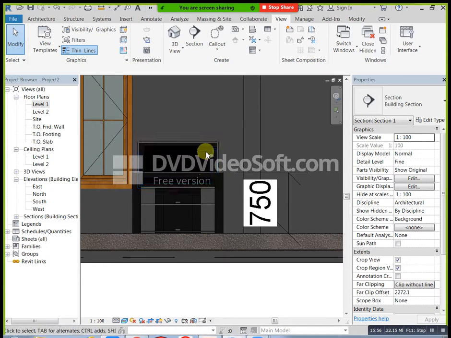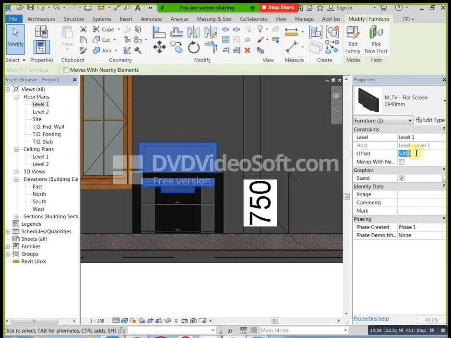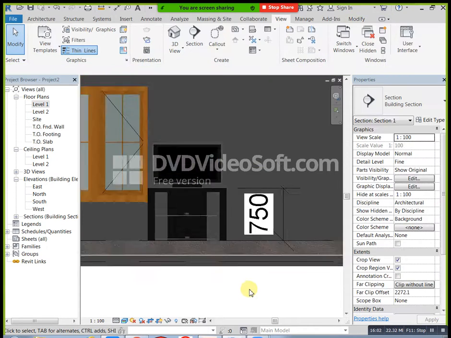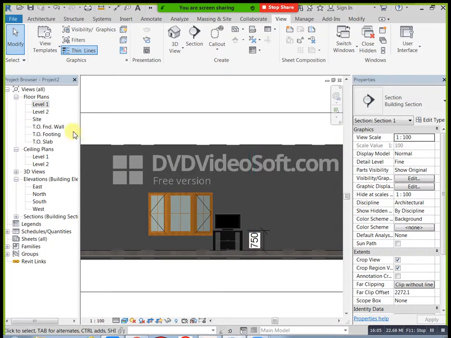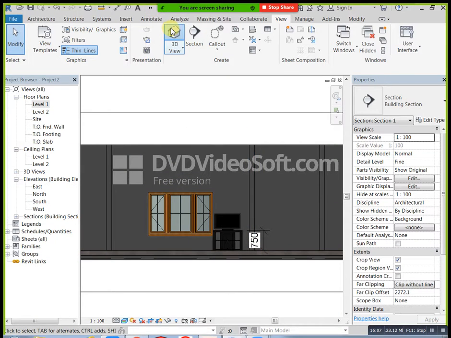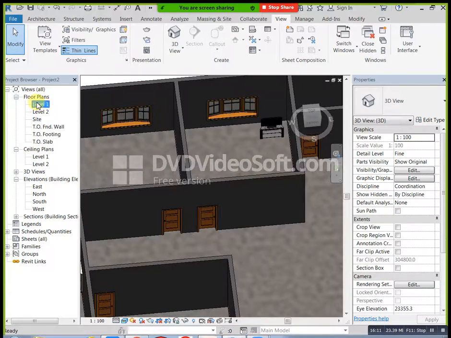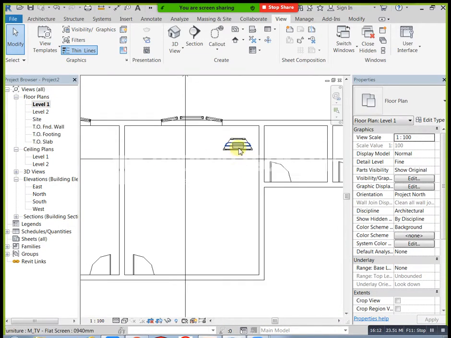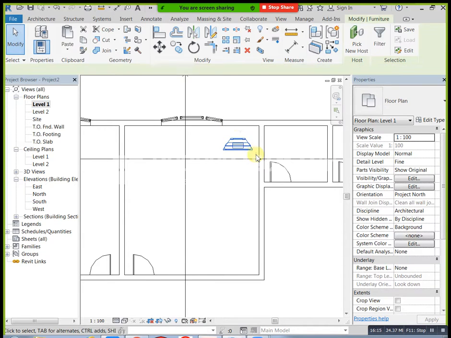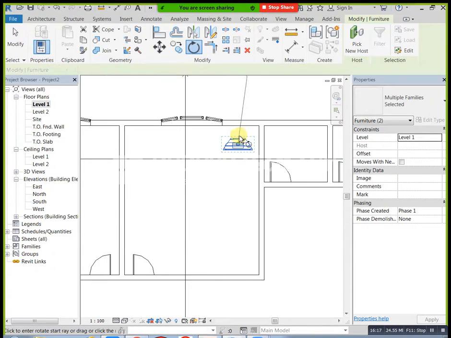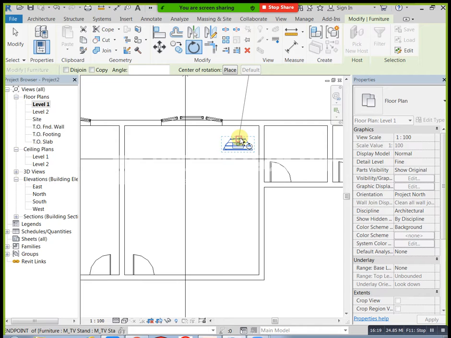Now go to 3D view again. See, now we placed it. Next I need to rotate this one. This is not the correct orientation, I need to rotate these two. Just select these two and click on rotation. This is my first point of rotation. You can apply like this, you can apply 45 degrees. Now you can see in 3D the orientation is correct. You can apply like this.